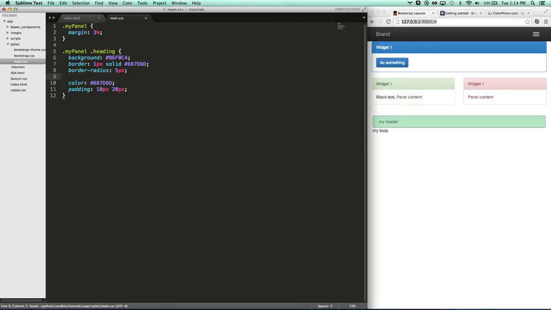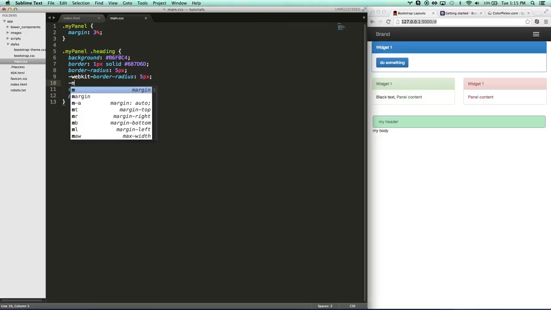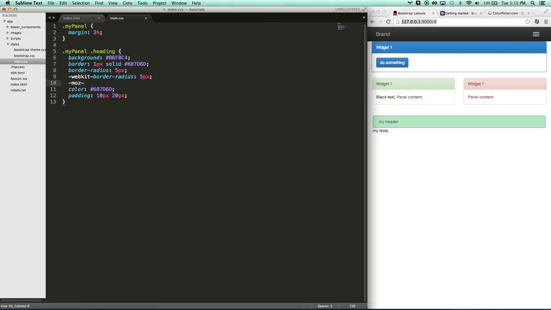One thing you'll notice a lot of times too is dash WebKit border radius. Older browsers used to not officially support this border radius tag because it's pretty new. So this is called a vendor prefix. This is any browser using WebKit, which would be Chrome or Safari or pretty much any mobile phone. Older phones will need to add that. Mozilla Firefox uses the Moz